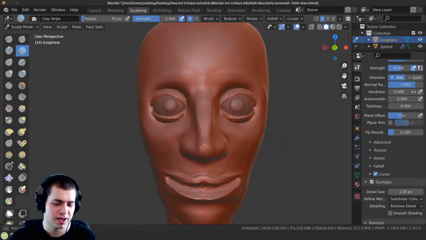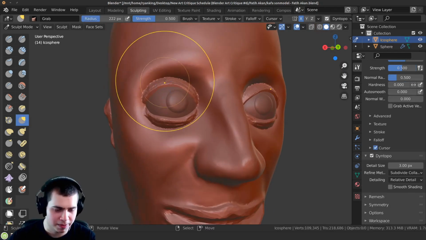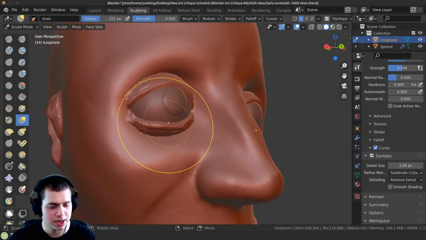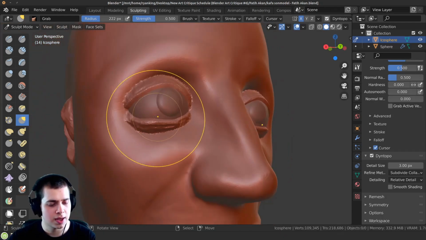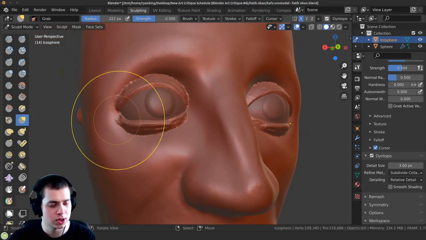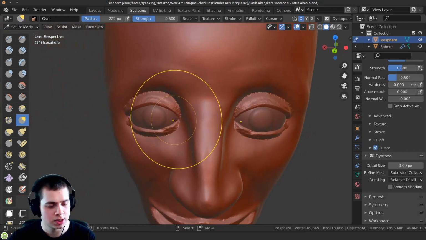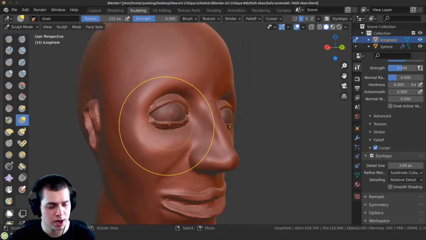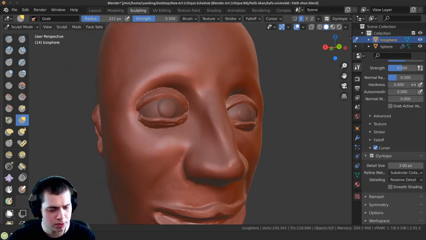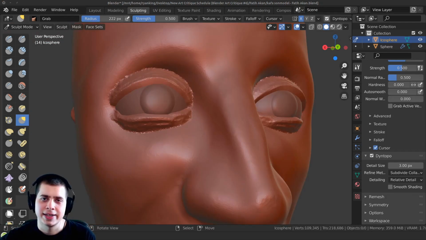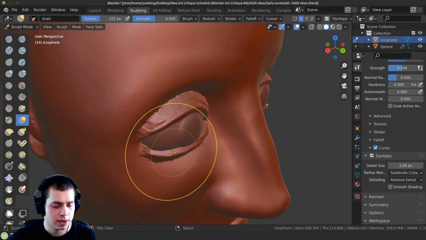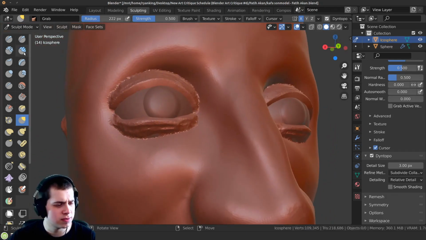And then once they're like these blobby shapes, I go to the grab brush and fix the shape of it. So I bring this down, bring this up. The bottom eyelid is going to be a lot straighter than the top eyelid, so I try to make this pretty straight. And if you need to pull it around the eyeball, you can pull that around, because the eyes are very round, and so the eyelids are going to curve around the eye. So I try to make that one pretty flat.